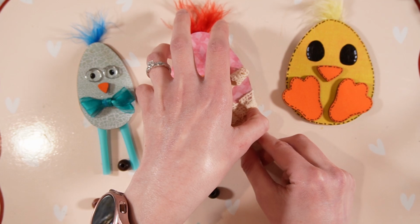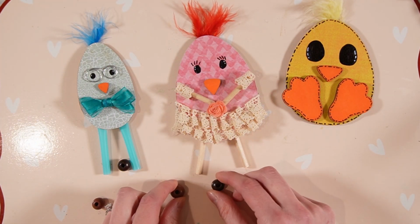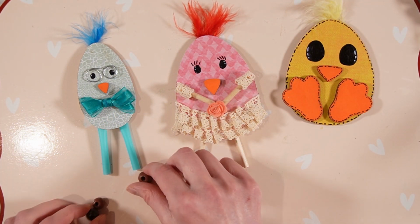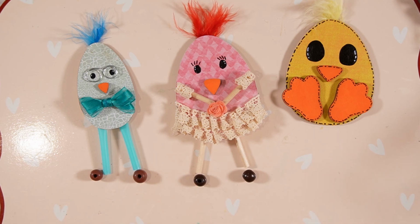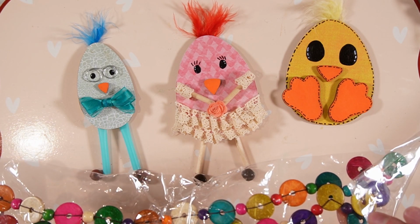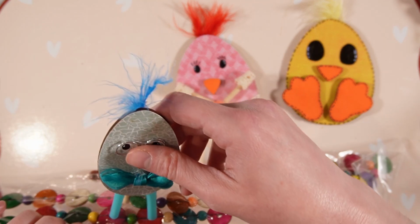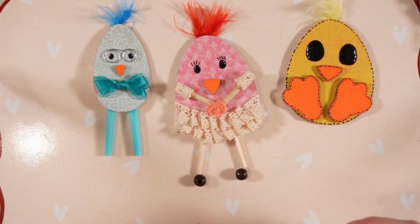I think I'm going to do these brown beads. They came from this pack from Dollar Tree, so I just did the small sizes. Figured the brown's kind of nice. That's like shoes. I also thought, I got this necklace that has these flat beads. I almost did that, and then it would help them stand better. And then I was just going to paint them, but...